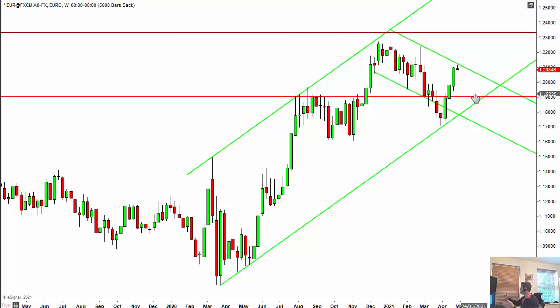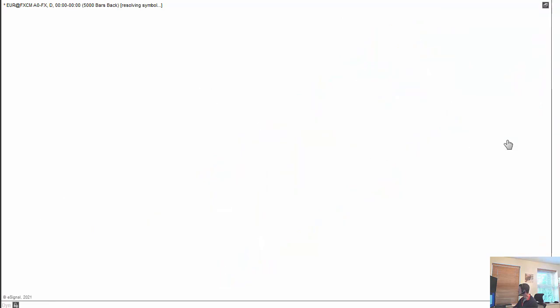So if it does come down, then there's plenty of scope for this euro dollar to work its way all the way down to this trend line. And maybe, because this is quite a steep upwards facing channel, break down through that trend line. So there's the potential for that. The opposite is that this declining trend line here, I'll go to the daily chart in a minute, that actually maybe you think the dollar's going to continue to weaken, and so maybe you wait for a breakout of this trend line. So if we go to the daily chart,